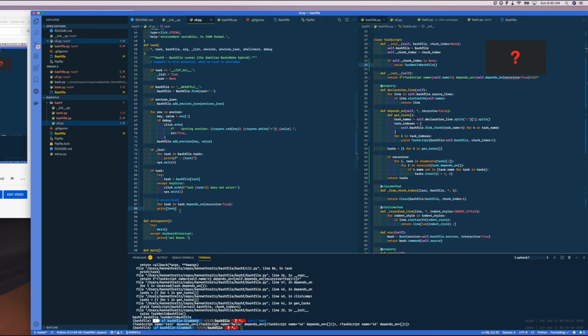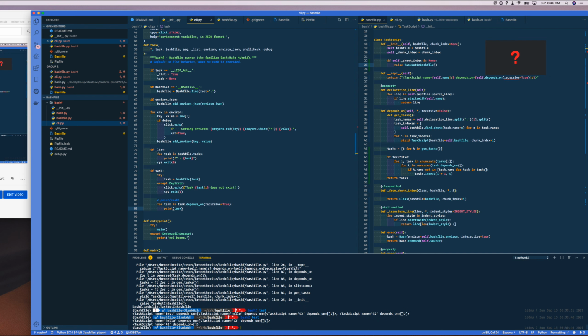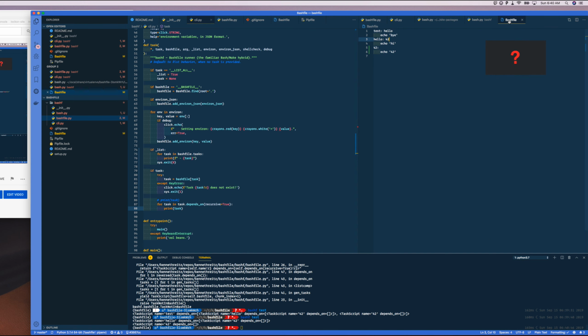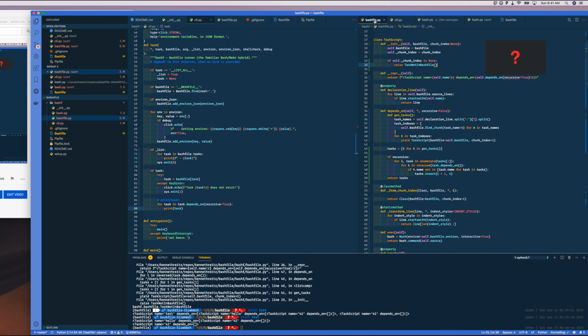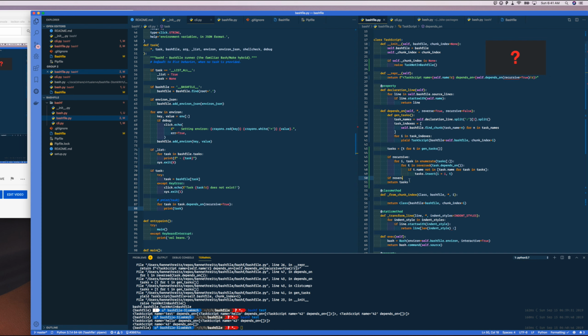So let's print the task for print recursive equals true. It's printing hello and then 42. Is that the right order? Hello and then 42. Now we want to run 42 and then we want to run hello. So really reverse should be true. There should be an argument, reverse equals true, and then a method: if reverse